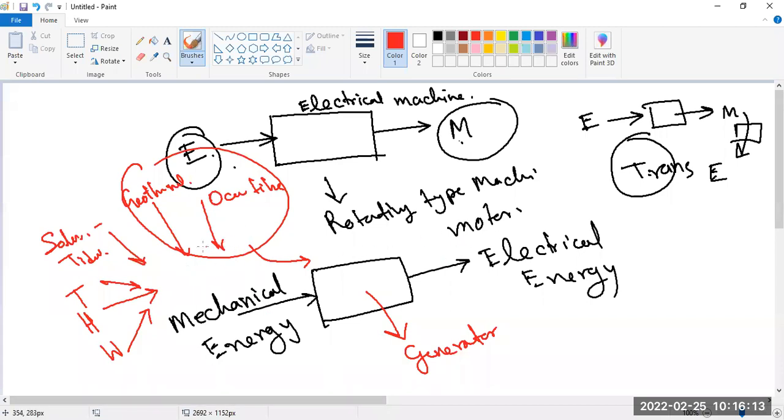These are coming under non-conventional sources and some renewable energy, and these all are coming from